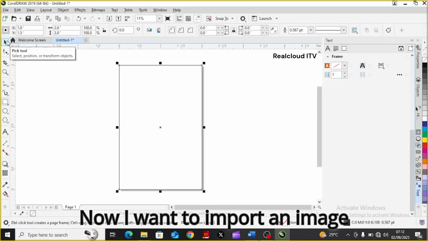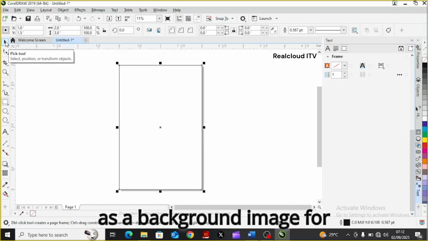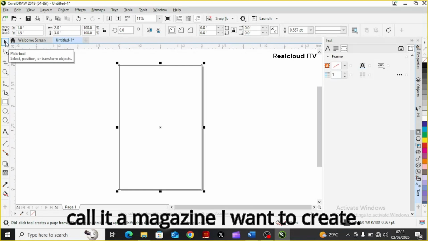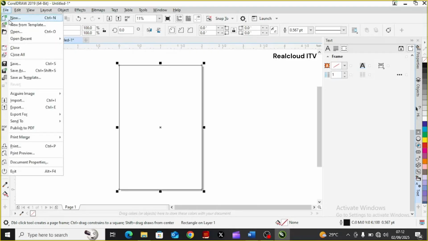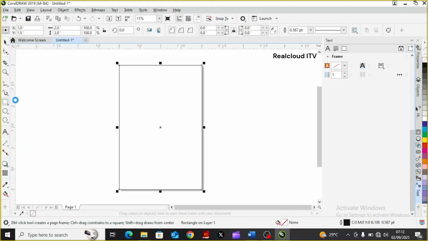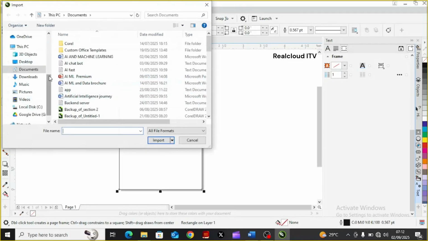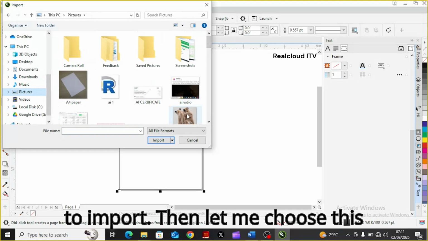To import an image, and likely I might be using that image as a background image for this particular slide. Call it a magazine I want to create. So I'll be heading over to my file. This is import. I clicked on file, I went to import. From import, I can go to pictures so that I can be able to see the pictures I want to import. Then let me choose this,